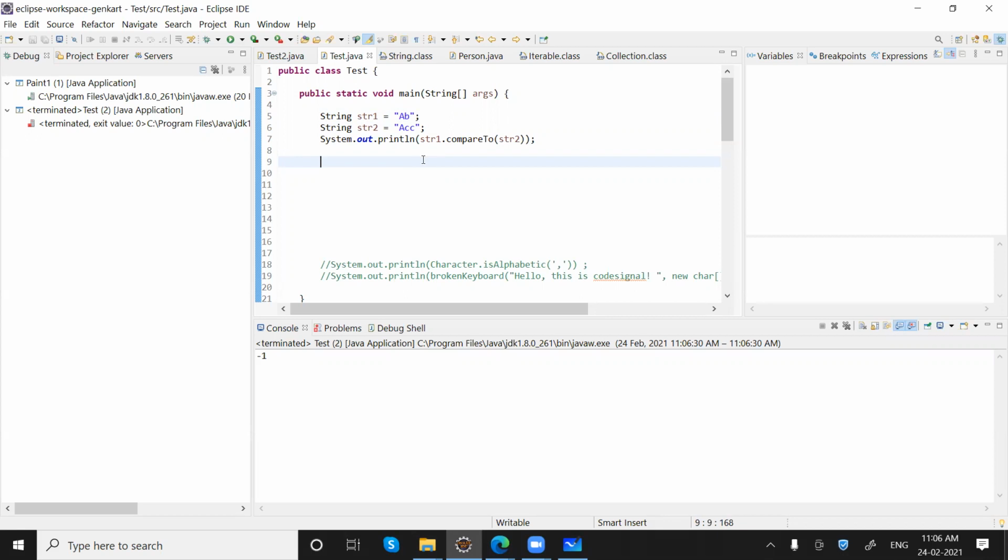But here, if the second string we take is A, B, C, small b, C, small b, in this case we are getting -C. But if we see, this C is basically the one for which we are getting -1.